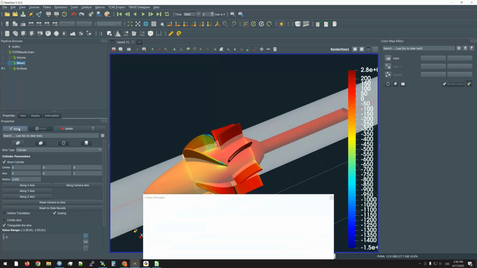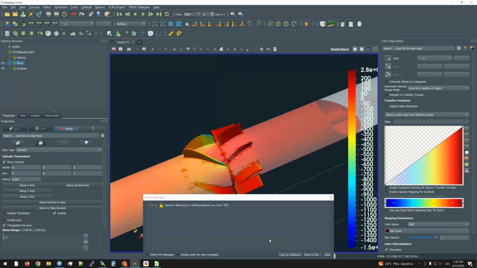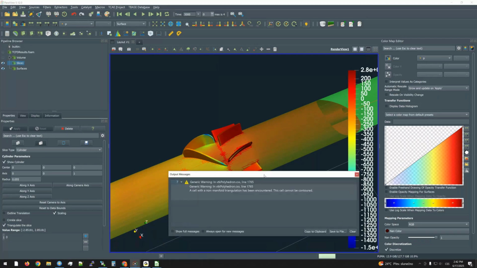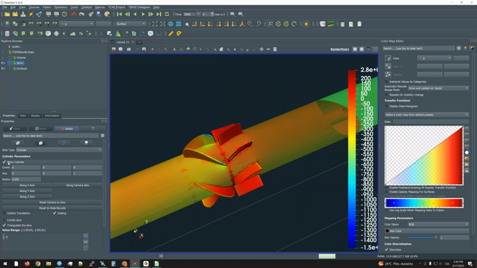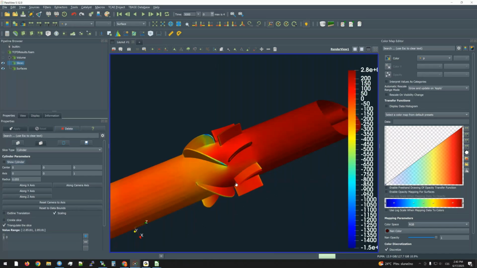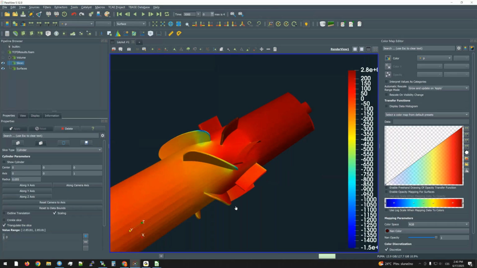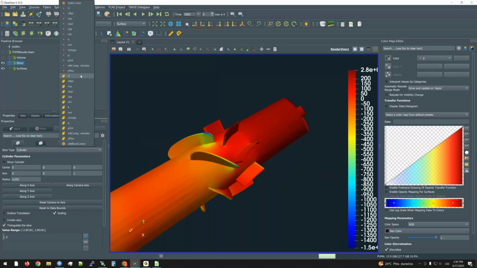Now I can click apply. Sometimes it will throw you this warning about splitting the VTK polyhedron function, which somehow split some weird shape cell, for example, but it doesn't affect the view, but sometimes it will throw the error, so you can just ignore it. So I will click here to disappear the slice selection,